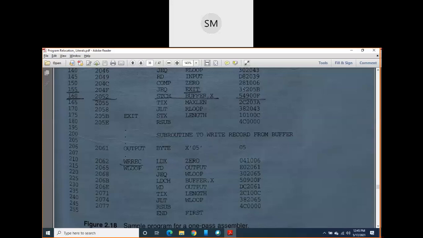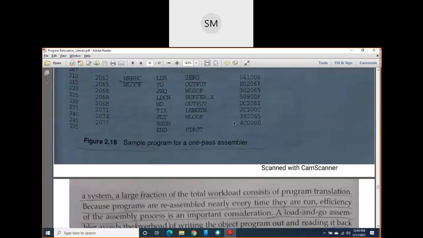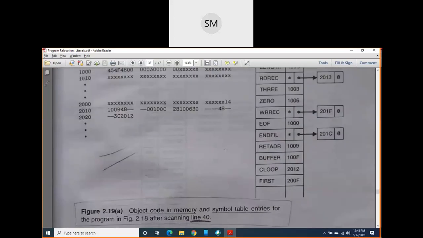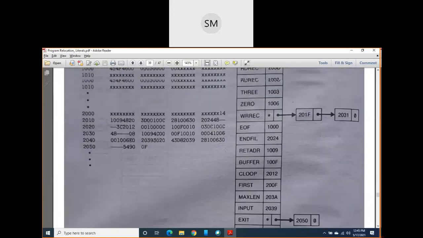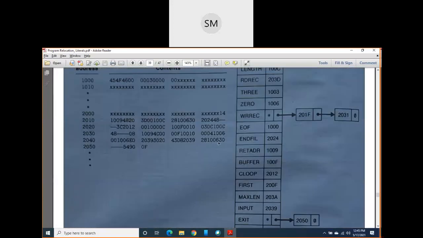Just observe the previous opcode, then it is easy to find in that diagram. That is 281006. So 281006 is the object code here. The next object code is only 30, and the next 4 digits are kept blank here. What does it indicate?